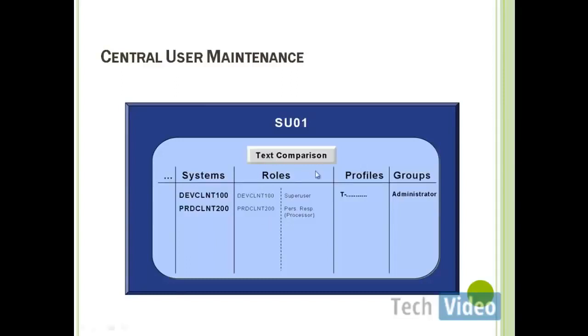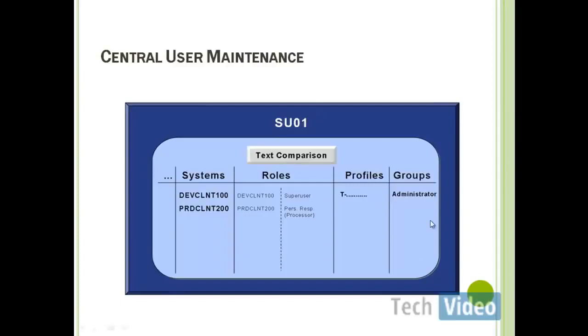So using the text compare, you can synchronize the child system's roles and profile details, meaning it will import only the role names and the text as well as the profile names. It will not import the content of the roles.